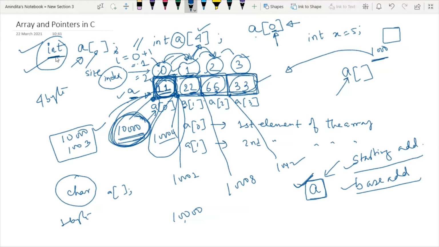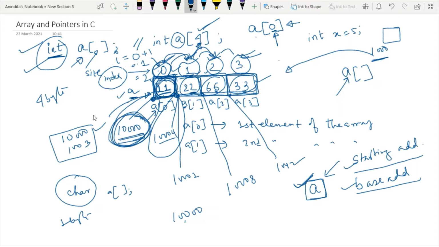If it is an integer array, then all the values should be of type integer. Third, each and every array should have an index value, and the index always starts from 0. Therefore, if the size of the array is 4, the index ends at 3, 0 to 3. So it indicates the array size.